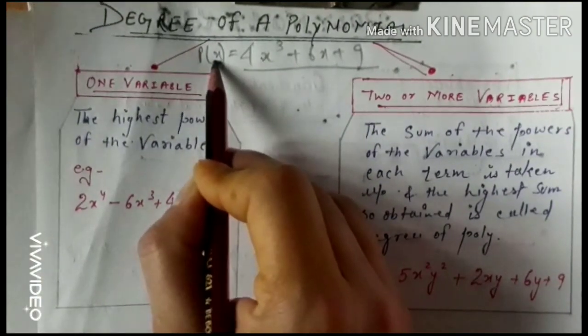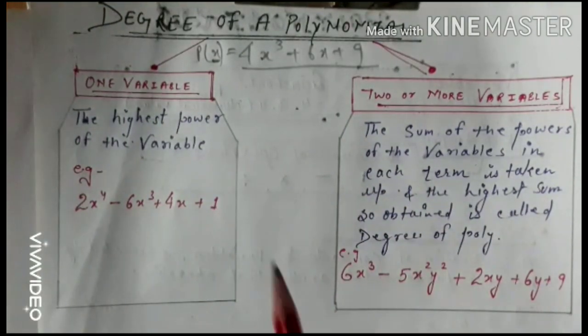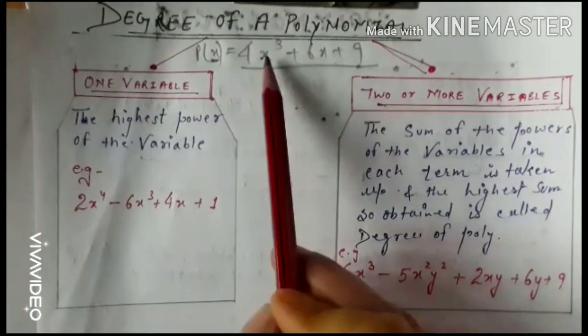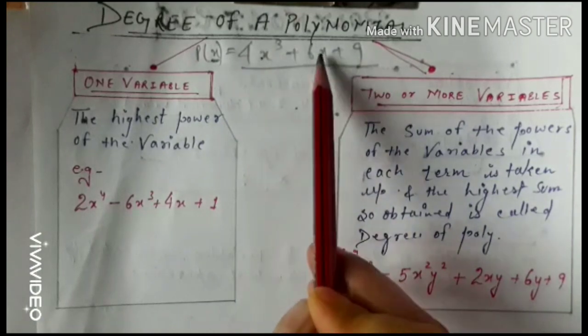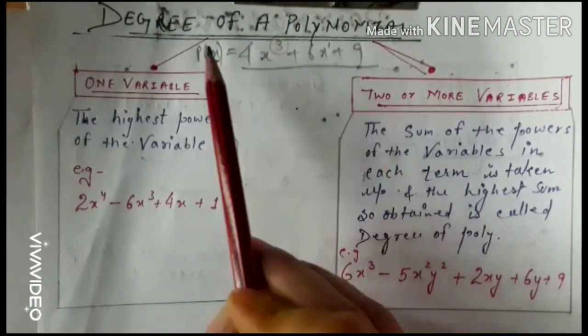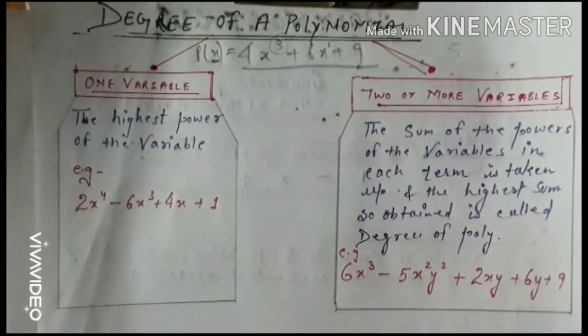So we were writing here x. It can be for the variable y, it can be for the variable t also. Any other variable you can also choose. So here degree, the highest power of the polynomial, its x power is 3. Here x power, nothing is there, that means 1. So the highest power is 3. The degree is here 3.